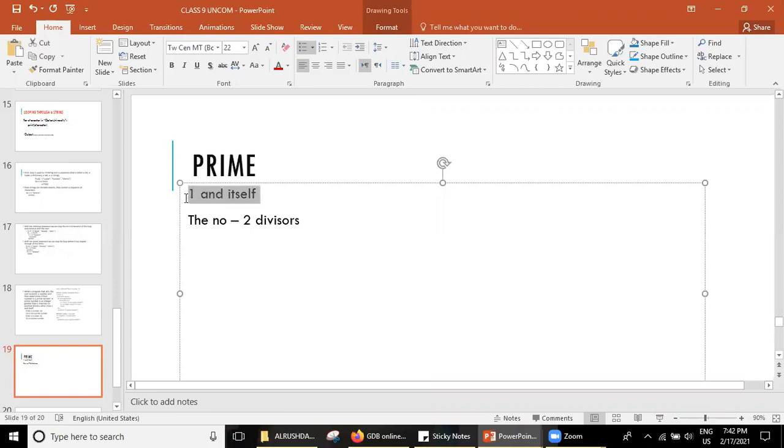Either you can check if it's divisible by n, or you can count the number of divisors, or you can check all the divisors. Okay, so a prime number will have only 2 divisors. What will be the 2 divisors? 1 and itself. So how can we check? You have to run the range from,